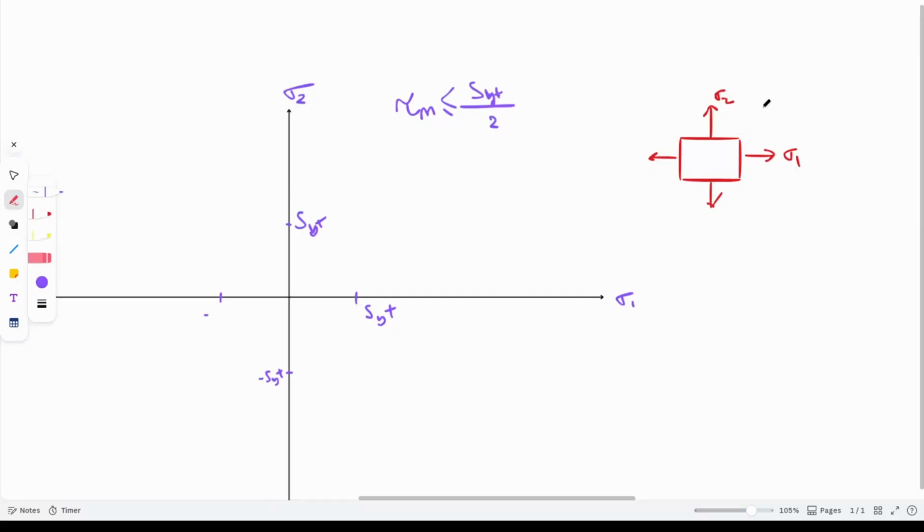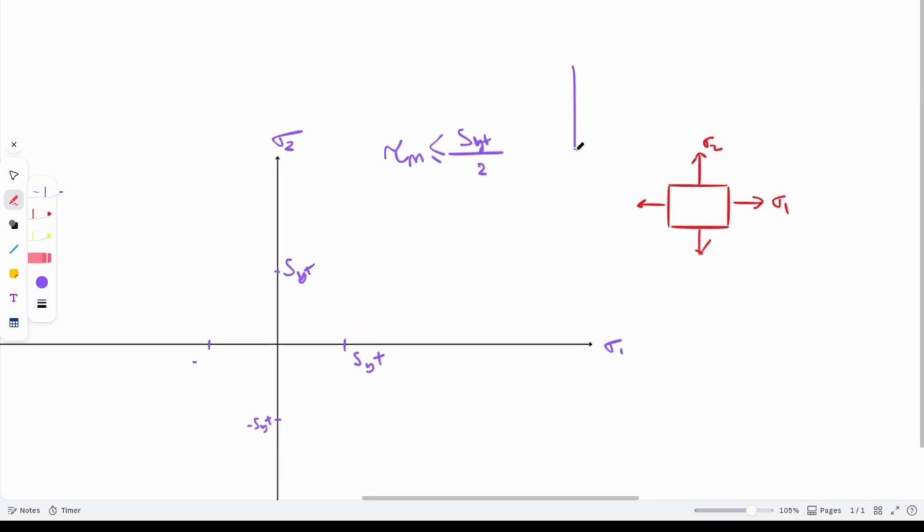Now, in the case of the maximum shear stress theory, we still have the same two principal stresses, and now it says that the maximum shear stress should be less than or equal to SYT by 2. Now, we have normal stresses over here, so we have to transform these normal stresses into shear stresses to do this, right? So let's say that this is sigma 1, this is the Mohr circle, so this is sigma 1, let's say this is sigma 2, and this is the tau axis,